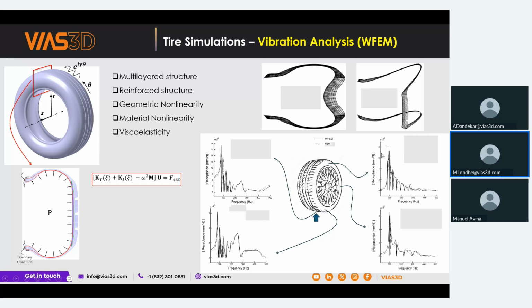And if you want to find the steady state vibrations, you can calculate the steady state vibration response of the tire for the given ground excitation. Here the straight line represents the waveguide result, while the dotted line represents the 3D FEA simulations. So you can see the waveguide finite element is computationally very cost effective.